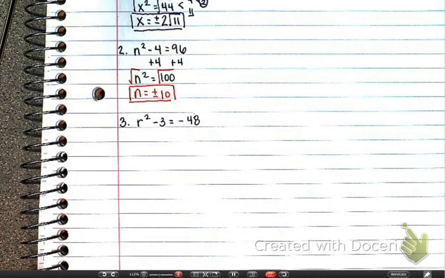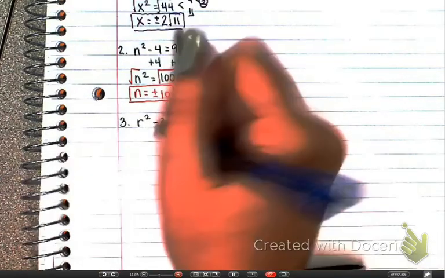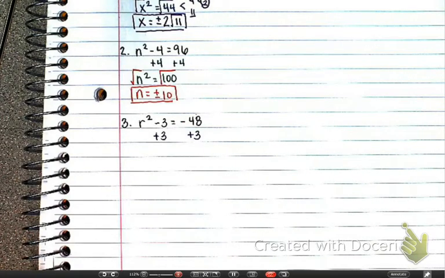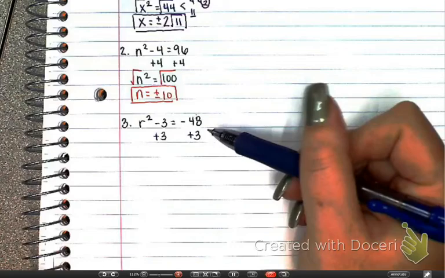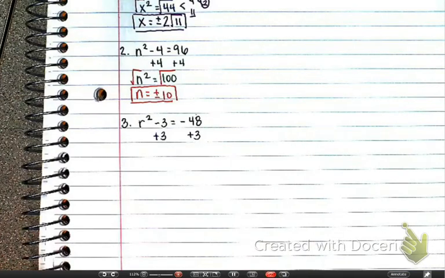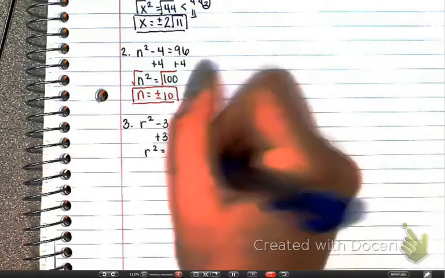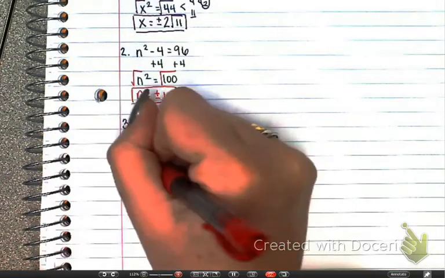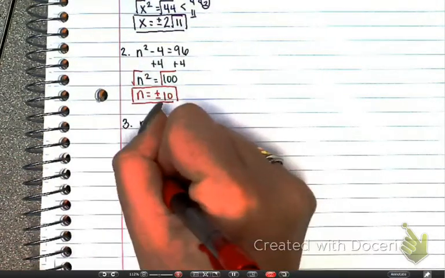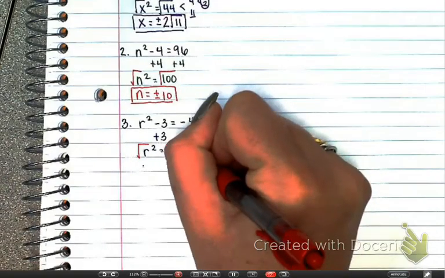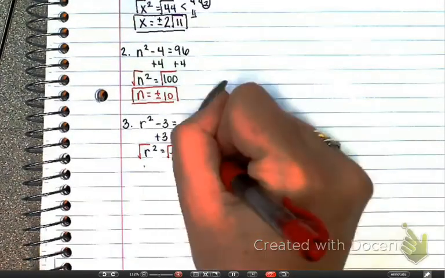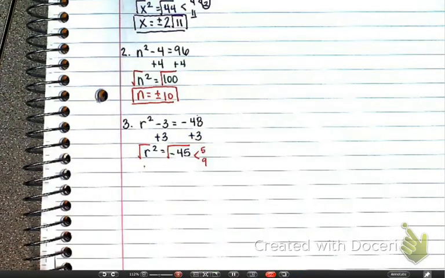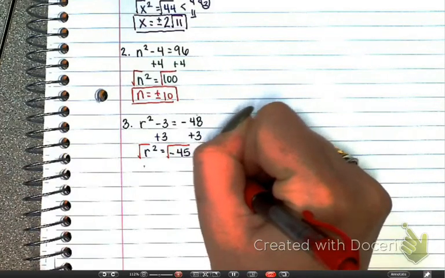Okay, so where did you guys start? Adding 3 to both sides. Now, some of you are going to do some of these steps in your head, and I'm okay with that, but you shouldn't go from the question to an answer right away. You got to give me something in between, okay? So r squared equals negative 45. Then you take the square root of both sides. 45 breaks down to what? 9 and 5, okay. And then 9 breaks down to 3 and 3,